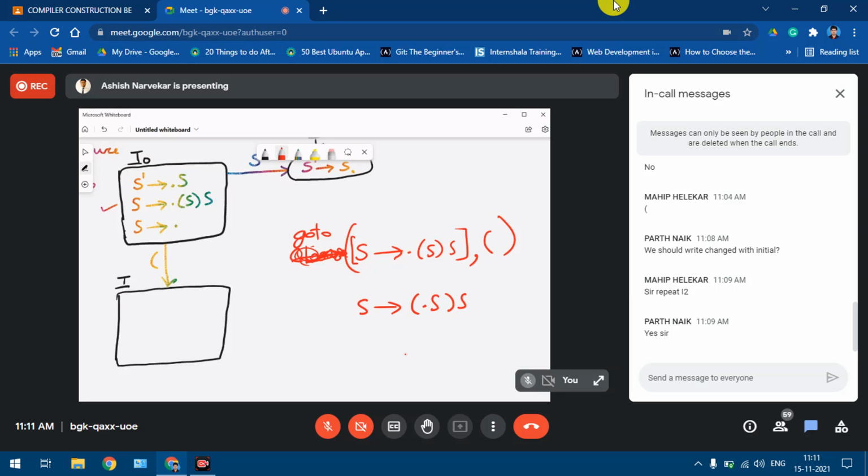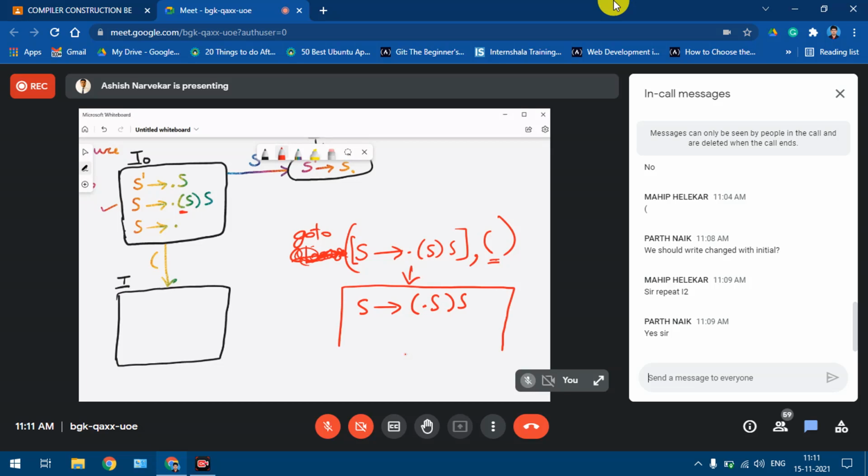So on a goto, you'll be taking whatever is appearing here. For example, there is an open bracket over here. So that will be the input that I have written here. So on opening bracket, it should go to a set of items such that the dot will be shifting.